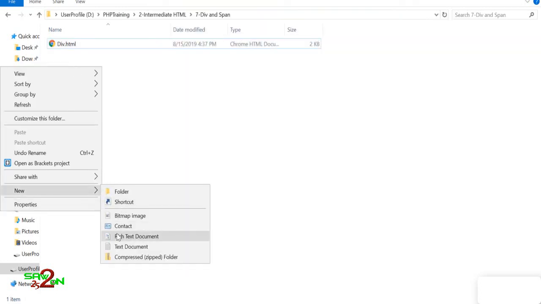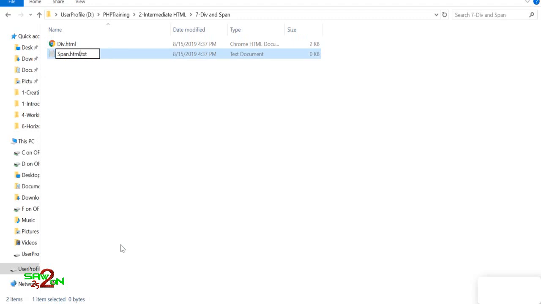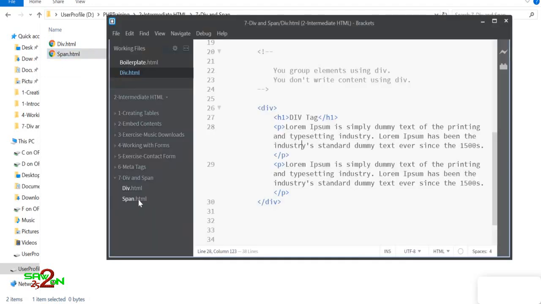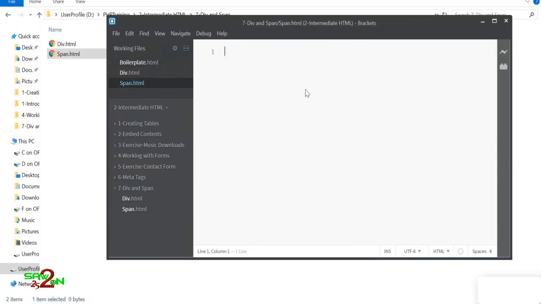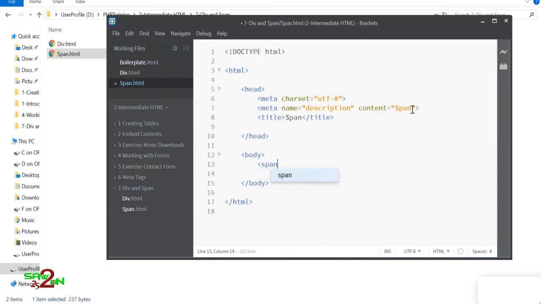So let's create one more file. Let's open up the span tag and do an example of span tag. All right, the span tag is written like this, span. Span tag also is like a division tag. We'll try to understand what is the difference between div tag and span tag. All the purpose that we discussed about div tag is also applicable for span tag. Span tag is also used to group the elements together. When they both are the same, what is the difference?